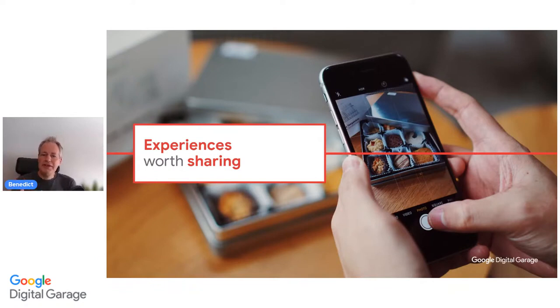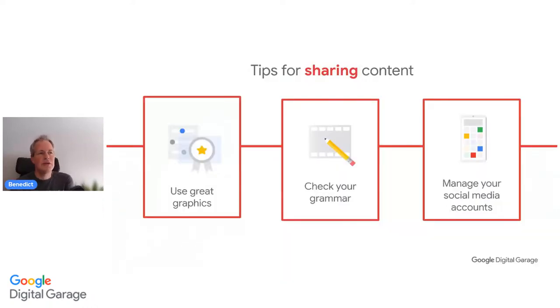So going back to your list, think of ways you can encourage your audience to engage with your brand and how you can make the engagement authentic. That's what people are particularly looking for, relatable and timely. All right. So, tips for sharing content. Use particularly great graphics. All right.